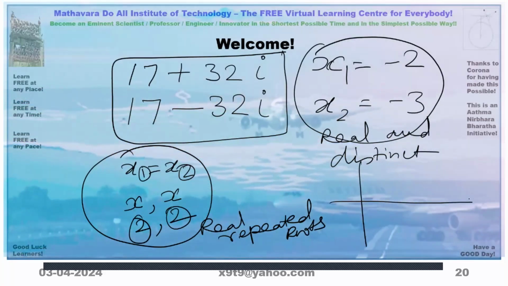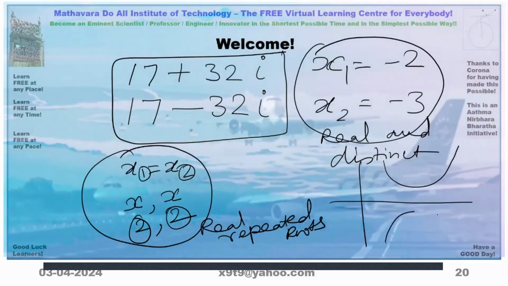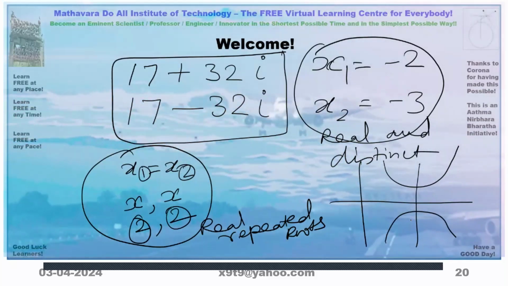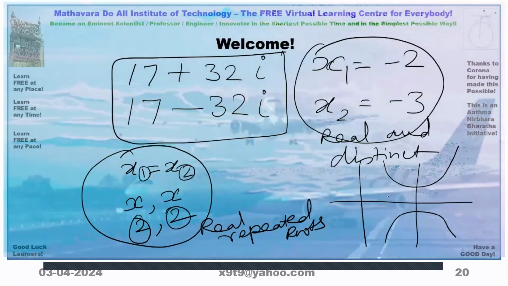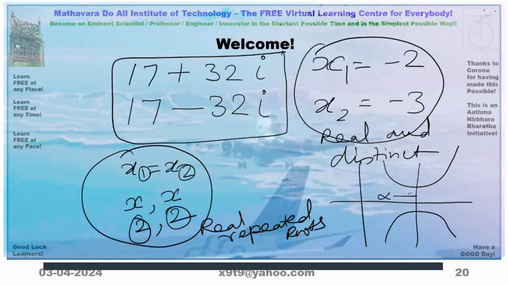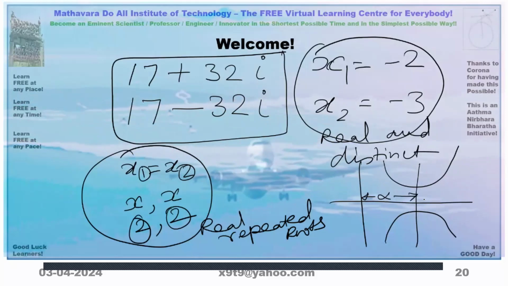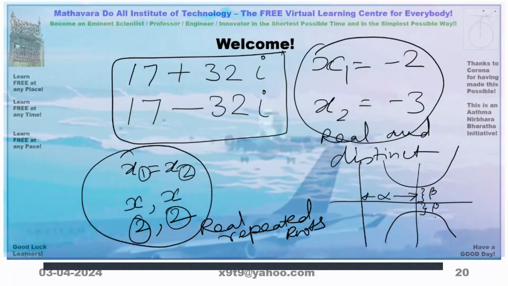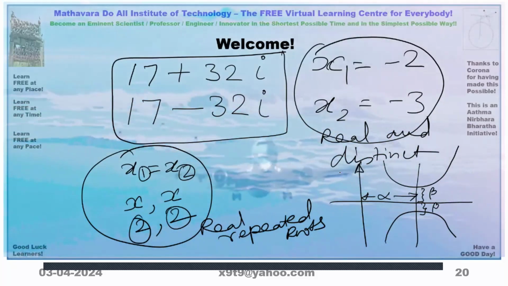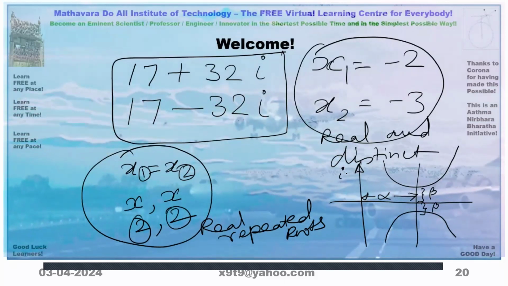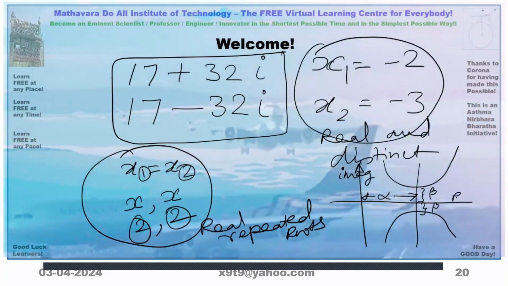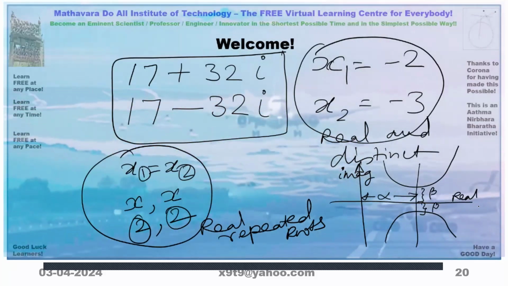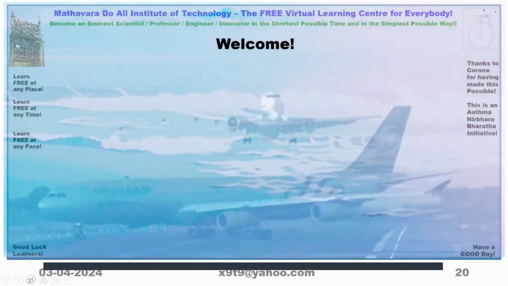The third variety, they do not cut the x-axis, but we will say they are cutting the axis at something like at a distance alpha from here, the origin, and at a distance of beta in the other direction. And this axis is called the imaginary axis, which I will come to, and this is called the real axis. So in writing the roots of the quadratic equation,